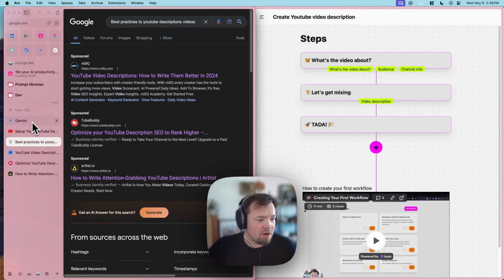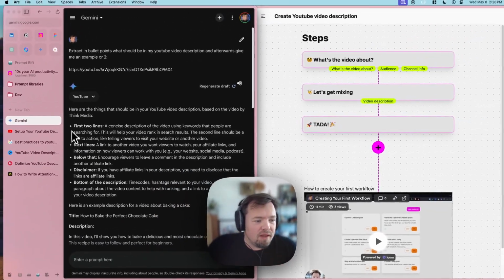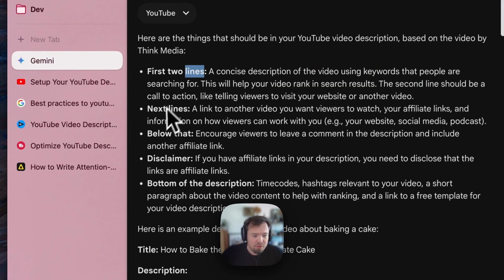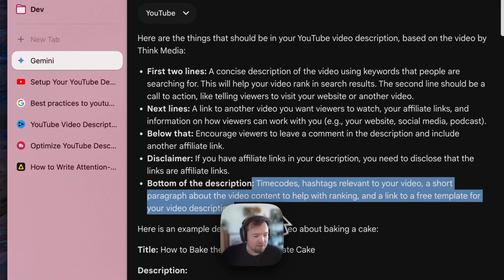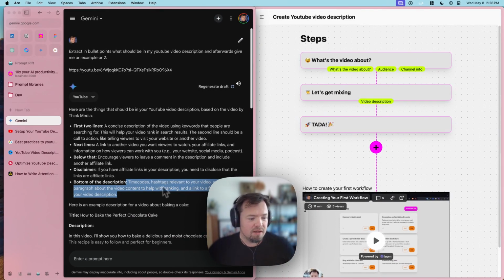I actually found a video and asked Gemini to extract the main points here. And it gave us a pretty good idea of the structure. So yeah, the first two lines are important. The next lines are for a link to another video. Encourage viewers to comment, and then disclaimers if you have any, and then a description with time codes and hashtags here. So that's a pretty good framework or structure for the description, but we're going to look at a couple of other pages quickly to see if anything else kind of sticks out that we can add in our